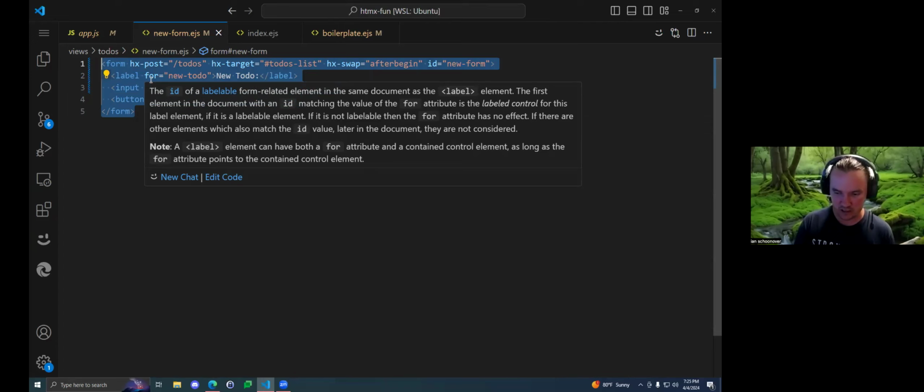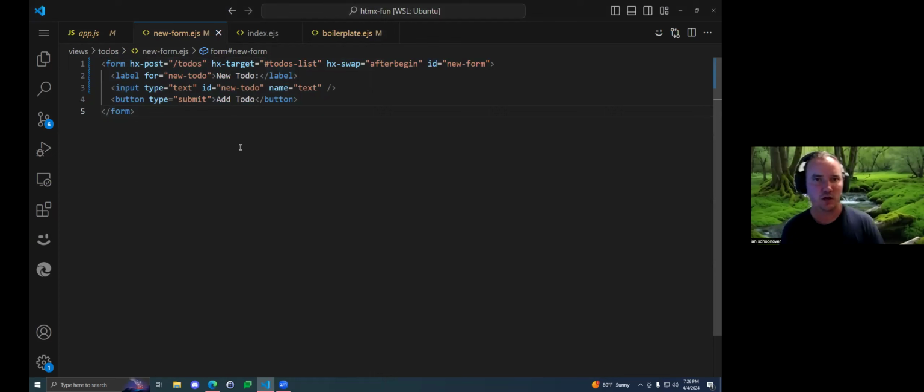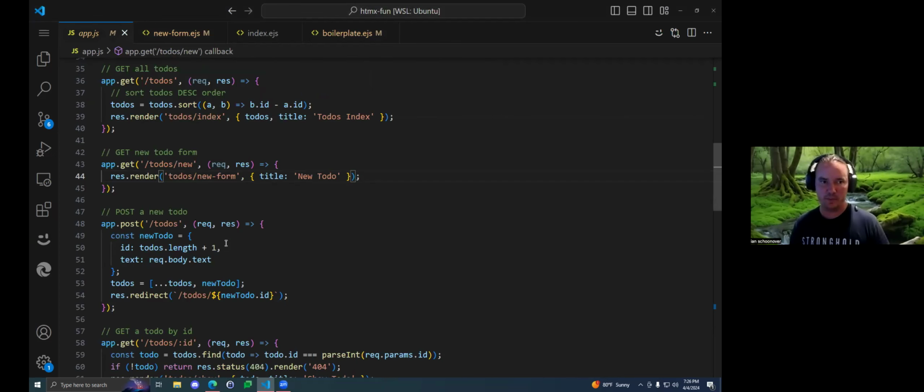So this is the whole thing with HTMX. Sure, we could have done that with an anchor tag where you send a get request. So that part's not changed, but what has changed is that the HTML that's coming back is automatically getting updated on the page. So without any type of refreshing or loading a new page or anything like that, the HTML is just getting swapped out. Okay, so that's the big kicker here that I should point out in case I didn't make that clear before, is that